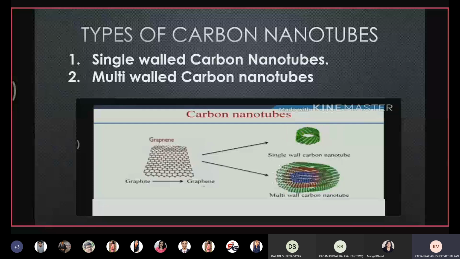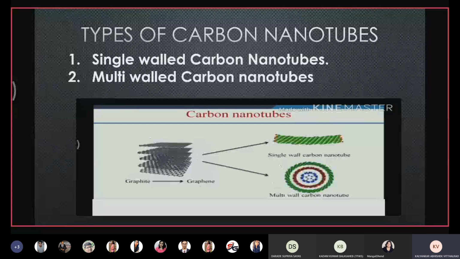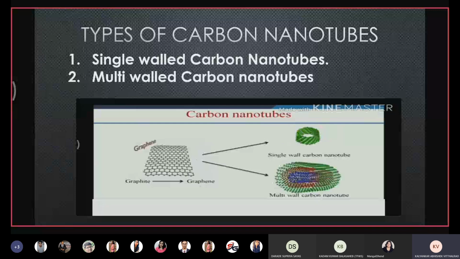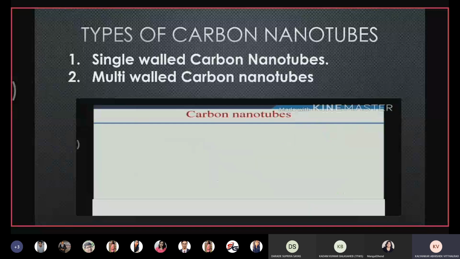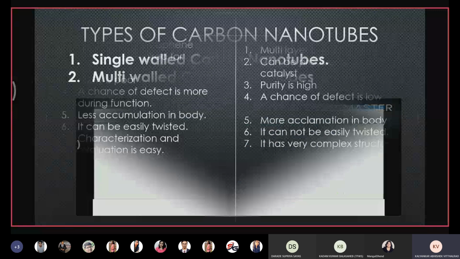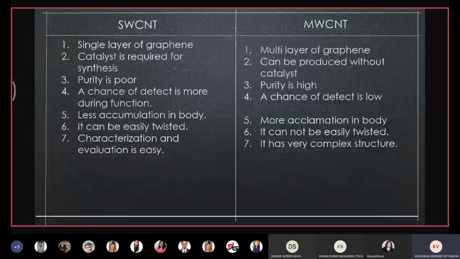And multi-walled are made of more graphene sheets rolled up into a cylindrical form. So next, there is a difference between single walled carbon nanotubes and multi-walled. In single walled carbon nanotube, there is a single layer of graphene, while in multi-walled, there are multiple layers of graphene. A catalyst is required for synthesis of single walled carbon nanotubes, and there is no requirement of a catalyst in